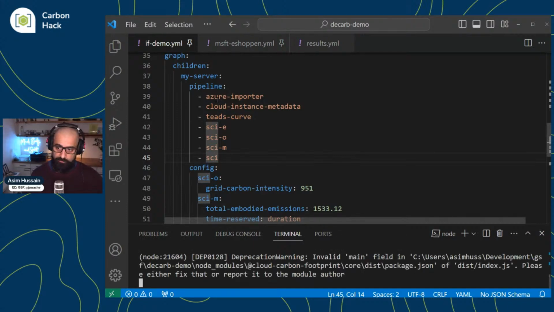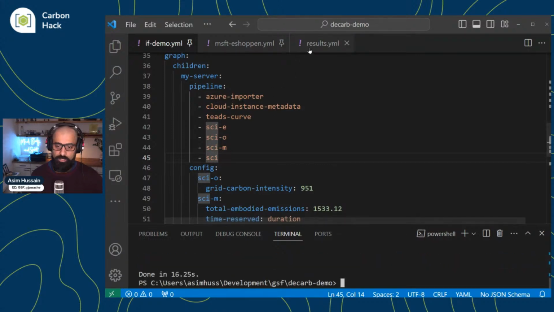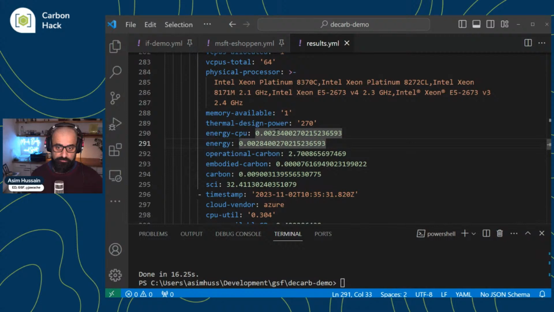Let me go all the way through there. And then here we go. So you can see that's in the results. Now we've taken that CPU energy, and we then figured out the operational carbon, which from an SCI perspective is the carbon not including the embodied carbon. We have a very simple model to calculate embodied carbon, but that needs a lot of work because you have to provide so much of the data up front. It's not something you can automatically figure out from an instance type. But embodied carbon, we sum it all together.